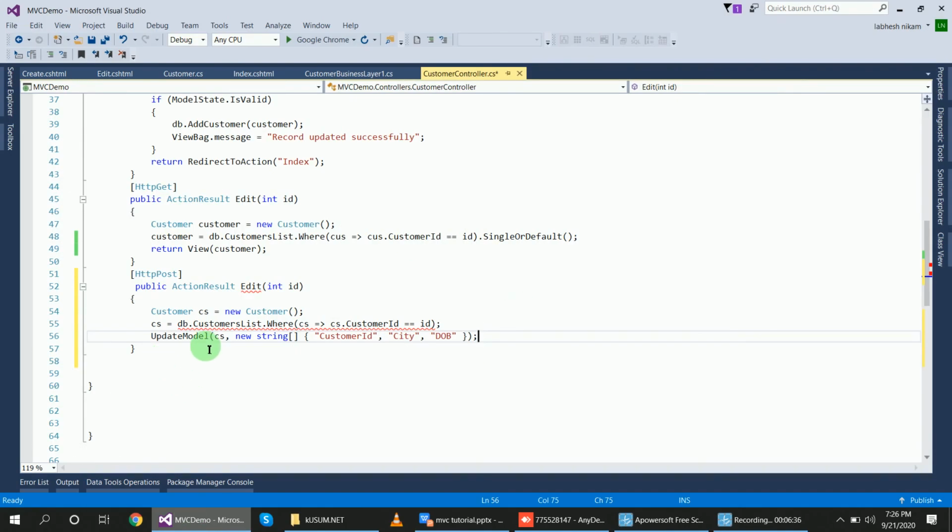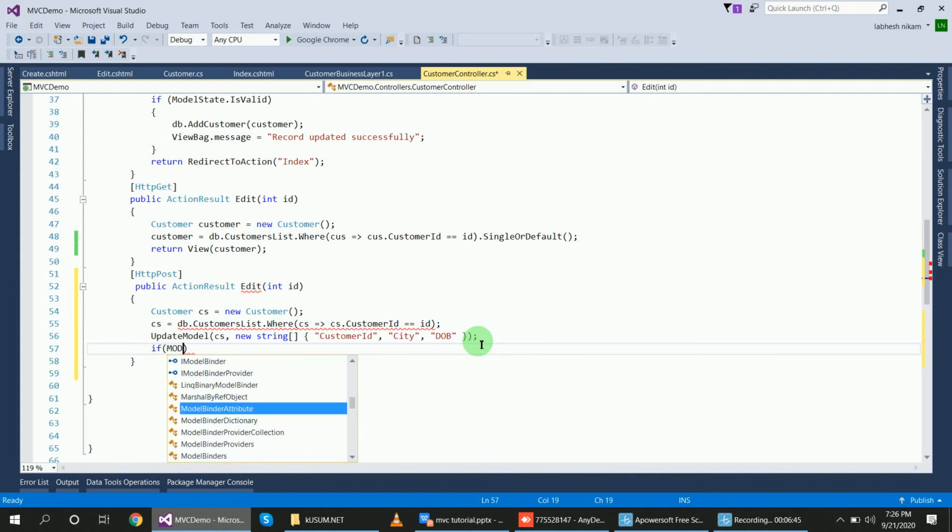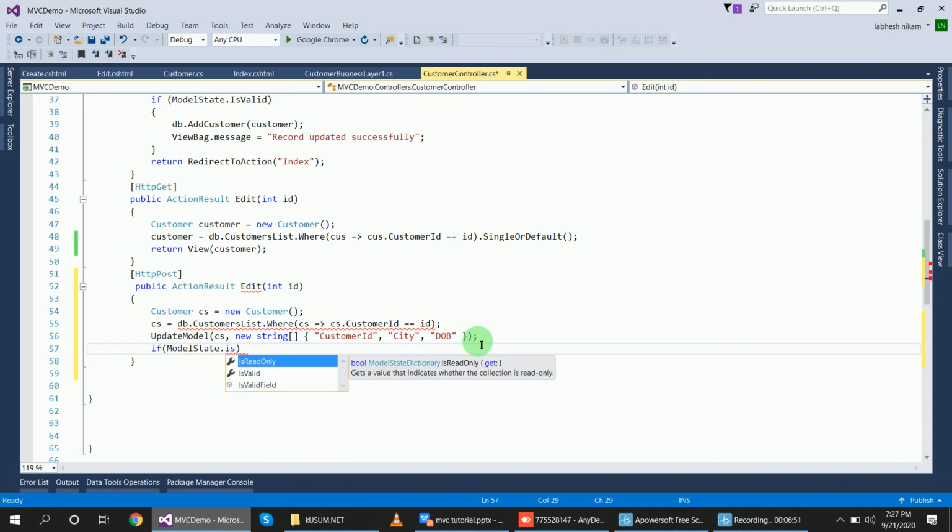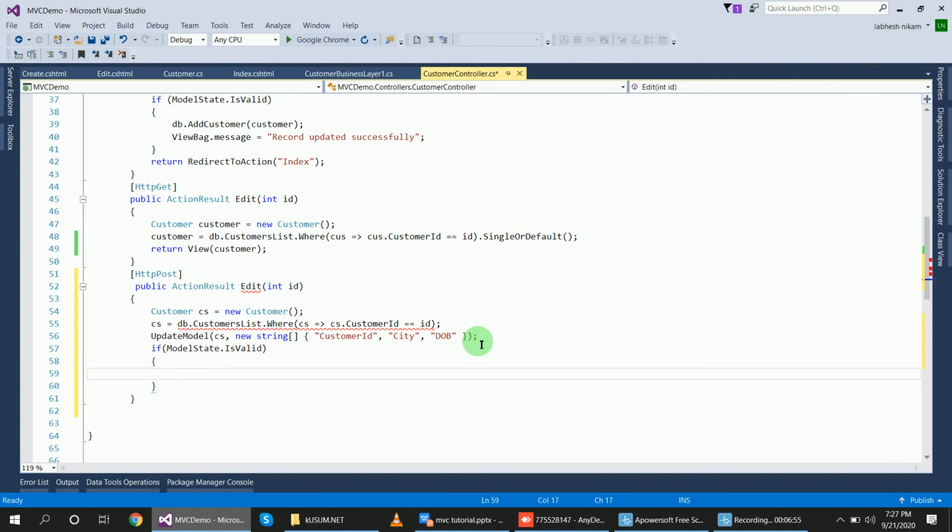Now use if ModelState dot IsValid. If ModelState dot IsValid, then db dot update.